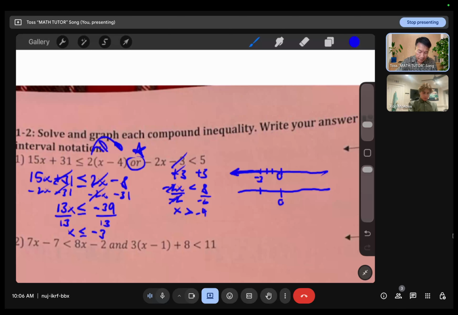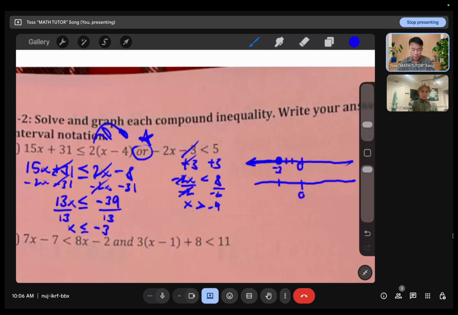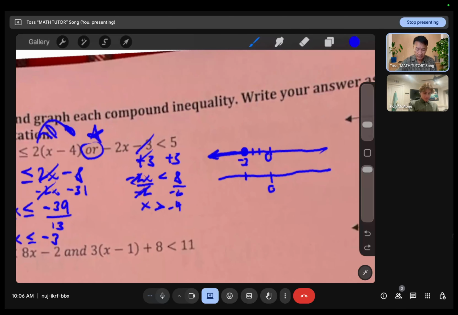Oh yeah, don't forget the easy way: if you have the variable x, y, or z on the left side, you can point the arrow and shade the graph in the exact same direction, like you see right there. You can only do that if the variable you're solving for is on the left side of the inequality. So now for this one,